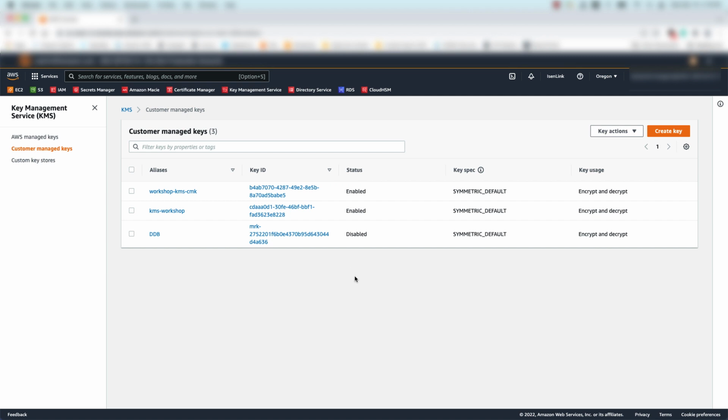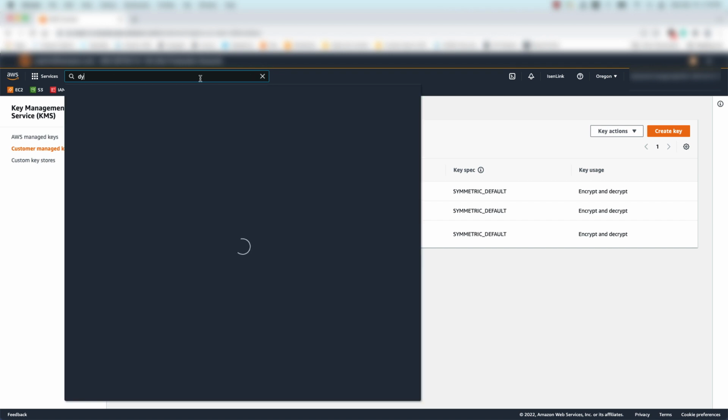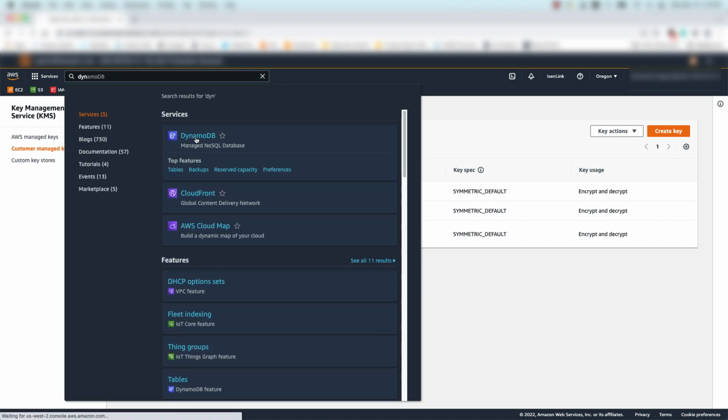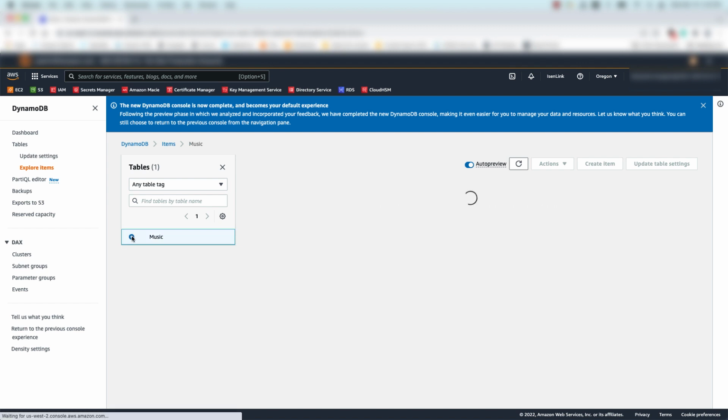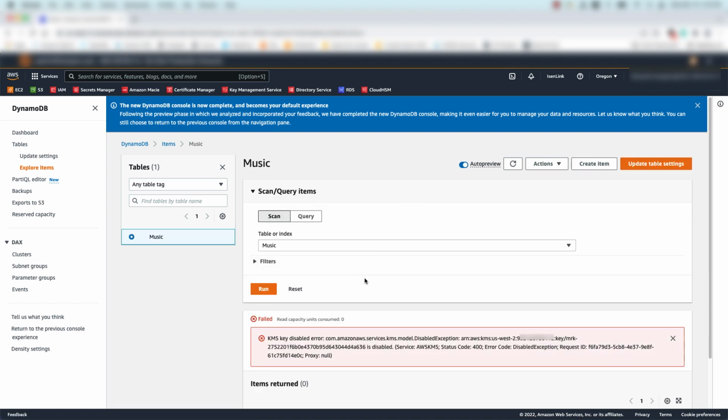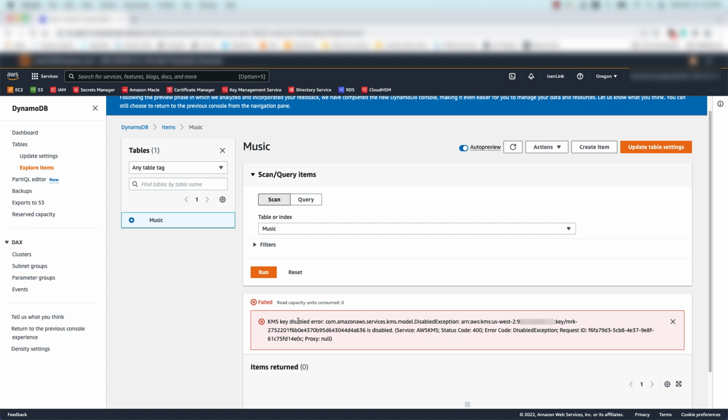Let's see what happens when we navigate to the DynamoDB service and attempt to view the items. I'll click Explore Items to view the items in the table. I'll select the music table, and we can see I have a KMS key disabled error. DynamoDB is not able to use the disabled key to decrypt the data and present it to me.